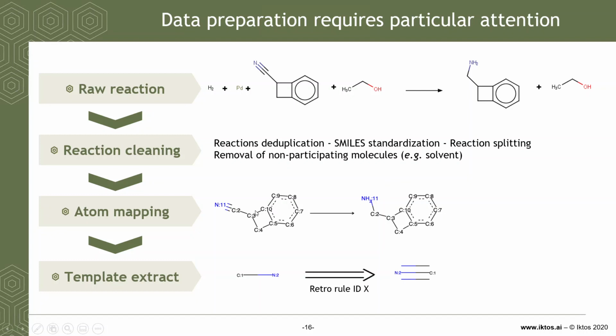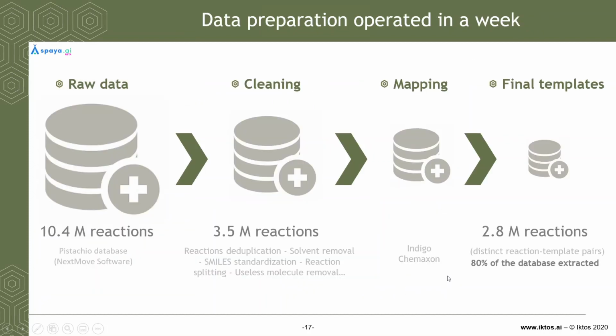the reaction. And here we can see that between the carbon 2 and nitrogen 11, the triple bond becomes a single bond. So it's very easy to extract this information and to put it in the reverse way, so in the retro, and you build a retro template saying that this primary amine is coming from this nitro. So you do that on the full database, and at Iktos we are working on the database provided by Nextmove